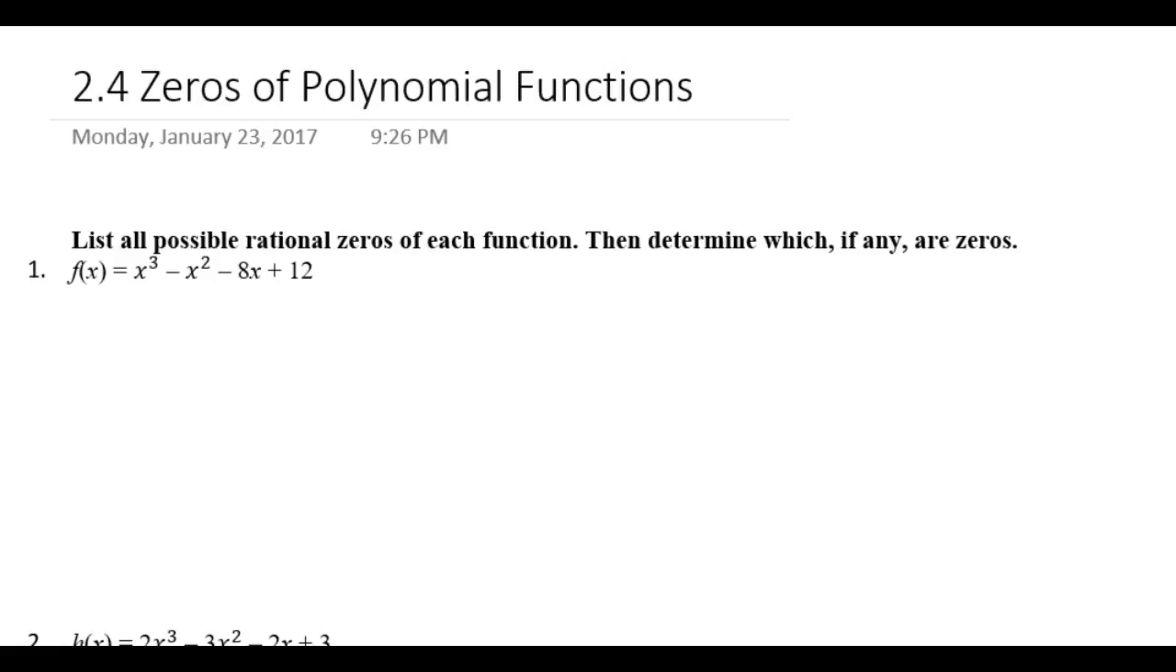cubed minus x squared minus 8x plus 12, what we're going to want to focus on is the leading coefficient, or the coefficient of the first term, and also the constant. Now, we are going to have several fractions. Fortunately, in the case where your leading coefficient is 1, you don't really have to worry about fractions. But on the top of that fraction, you're going to have all of the integer factors of your constant, which is 12. And on the denominator, you're going to have all of the factors of your leading coefficient, in this